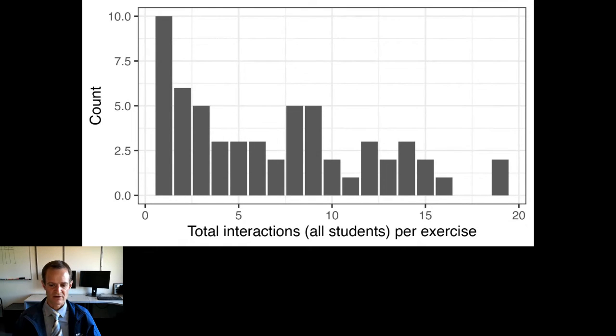This is showing the total interactions per exercise. So for some exercises, there were more times that students were interacting with the virtual assistant relative to others. This could be a useful tool for an instructor to say, okay, which ones are students having the hardest time with? Maybe I can go in and beef up my instruction on whatever skills are being covered in those exercises. Or maybe I need to clarify something in the instructions to help students not have to struggle quite so much on those, or maybe at least struggle in a good way rather than in a frustrating way.